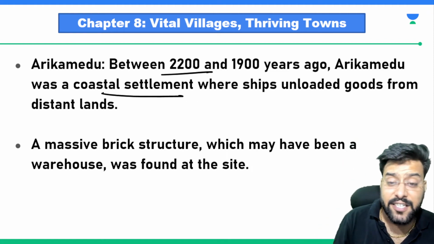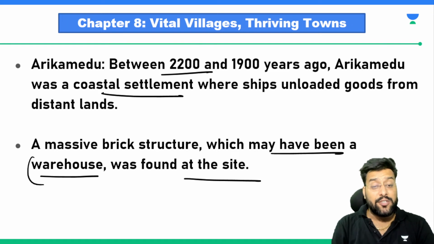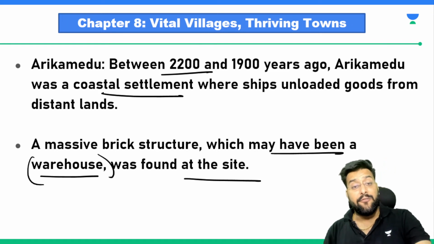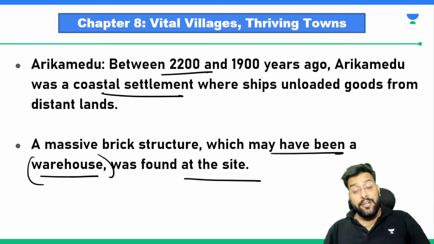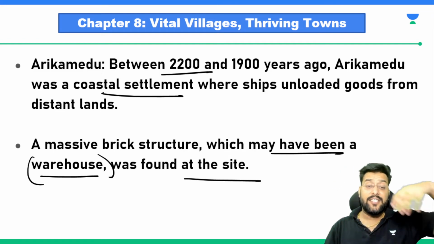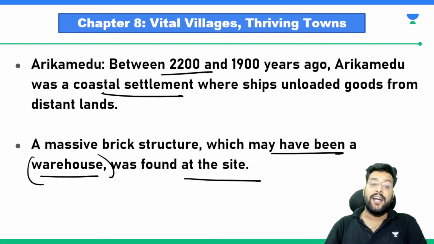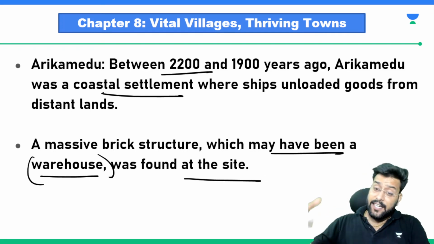Massive brick structures have been found at this site. They could be warehouses. So what happened? Arikamedu was a site where things were unloaded from the ships. If something was coming from a far off place, maybe from Central Asia or another part of the world, the goods were to be unloaded at Arikamedu, and simultaneously certain things were to be loaded